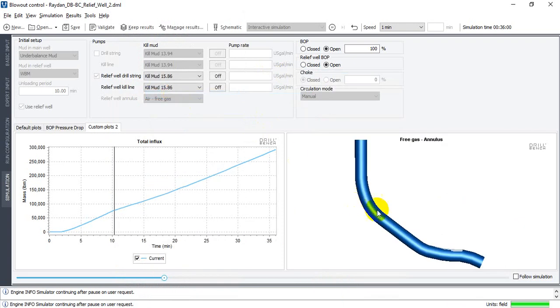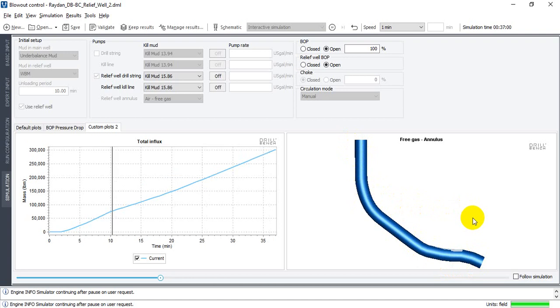Free gas, this is the 3D free gas, it is all blue free gas. It is high pressure, high temperature. We know that the gas is high pressure, high temperature, and when we rescue the main well, which is blowing from the gas, inside the relief well we can rescue this well by opening the annulus for free gas to